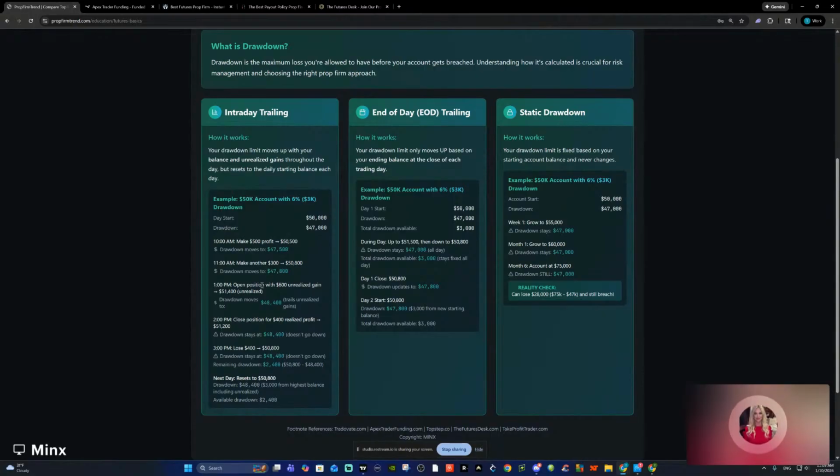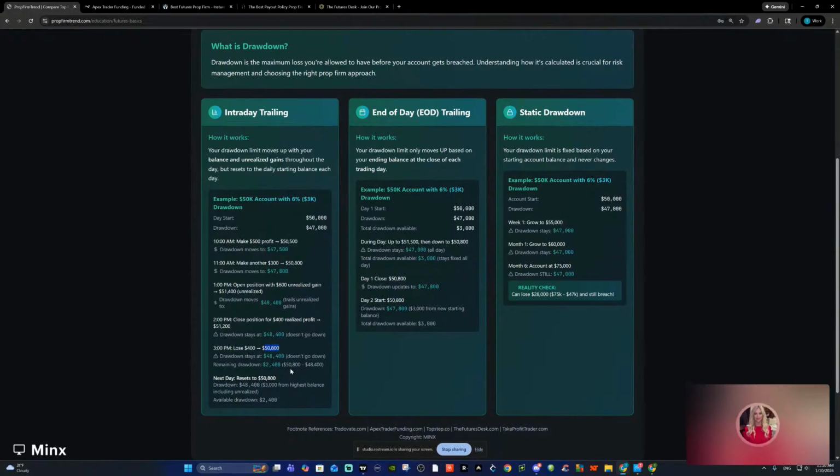At 1 p.m., you open a position with $600 unrealized gain. Now you're at 51,400 unrealized. Your drawdown moves to 48,400 because it trails unrealized gains. At 2 p.m., let's say you close the position for $400 realized profit. You are at 51,200. Your drawdown stays at 48,400 and does not go down. Let's say at 3 p.m. you lose $400. Now your balance is 50,800. Your drawdown is still going to stay at 48,400. It doesn't go down. The remaining drawdown is 2,400,